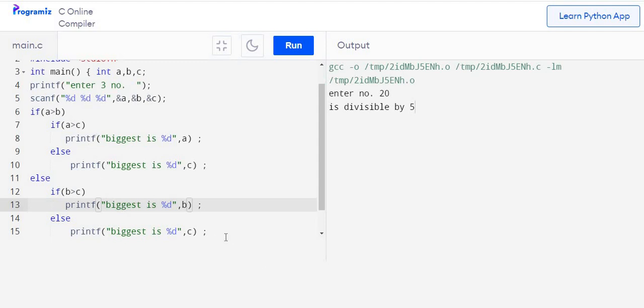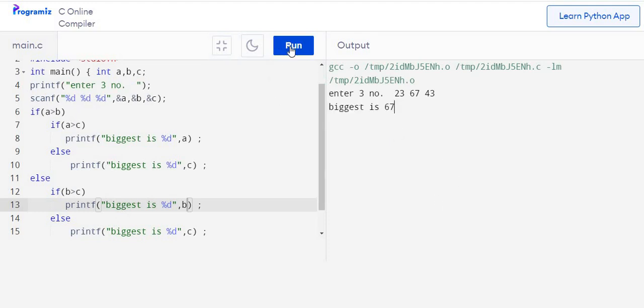Here there are 4 printf statements. Out of them only one will be executed depending upon the sequence of execution of program. So let us run this program. Hopefully it will run immediately. Enter 3 numbers. I just enter 3 numbers, 23, 67 and say 43. Now bigger is 67. We should get that 67 is bigger number. Biggest is 67. Very good.